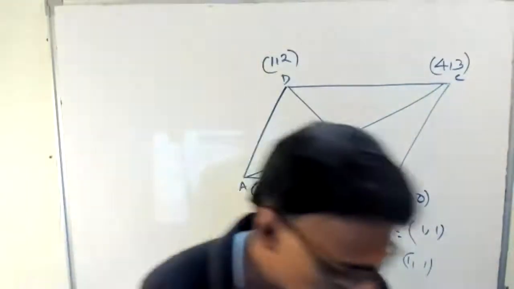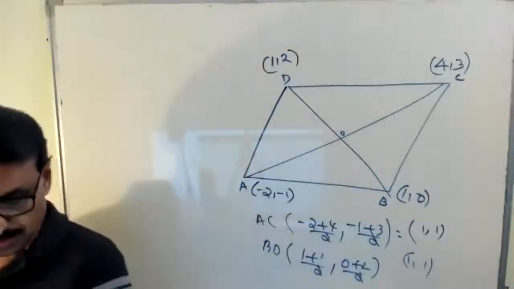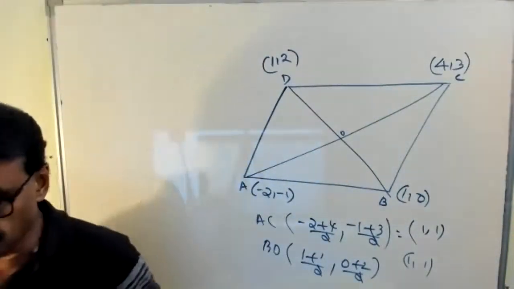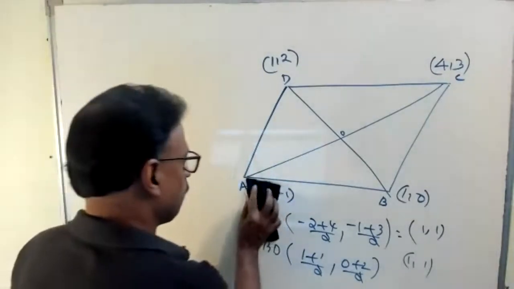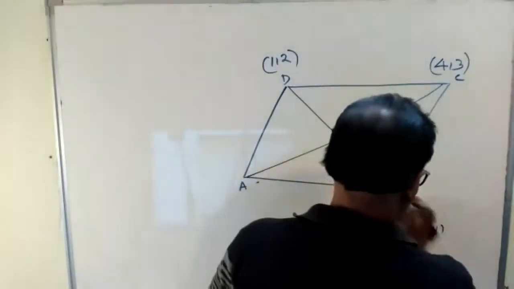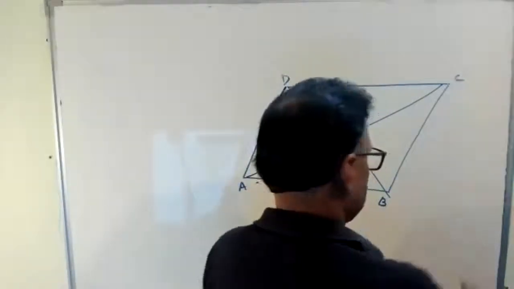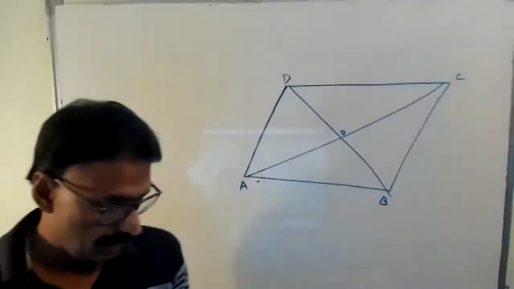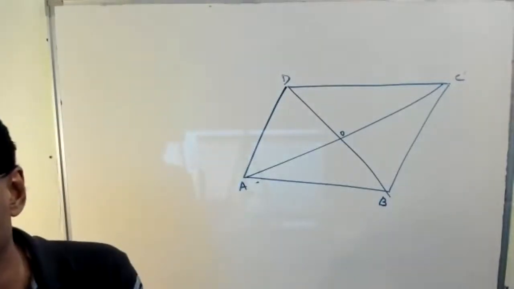Okay. So next question. Right. This is a star question. The three vertices of a parallelogram taken in order